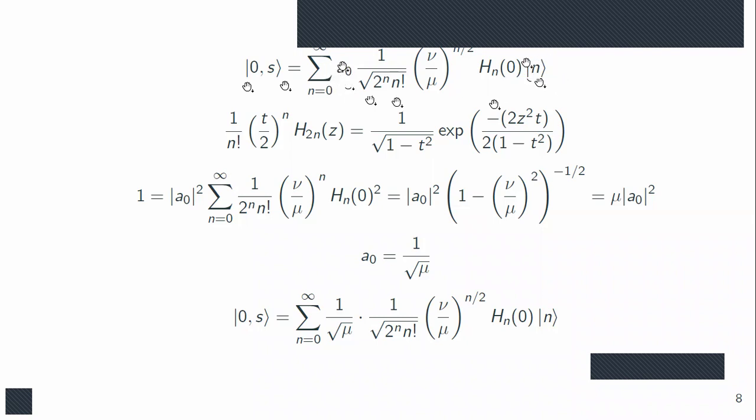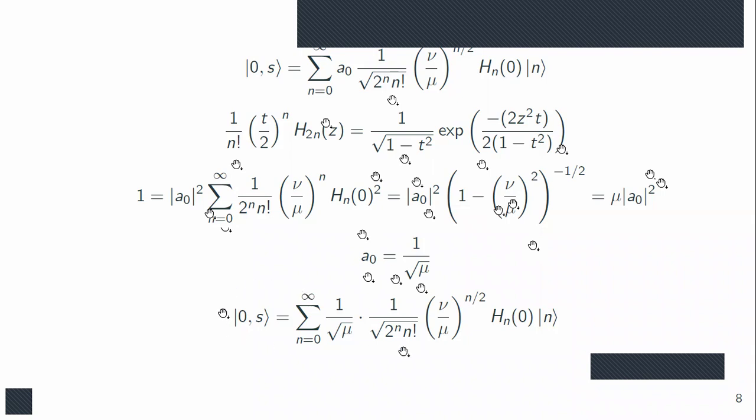So in order to get A naught, that is the normalization constant, we have to use the normalization condition. And we can write it as this, and rearrange and write it in simple form as we have here. The infinite sum, we have to evaluate this infinite sum, and to evaluate this, we have to use this property of Hermite polynomials. So making substitution, we end up with this expression. So our normalization constant is this. So writing it back